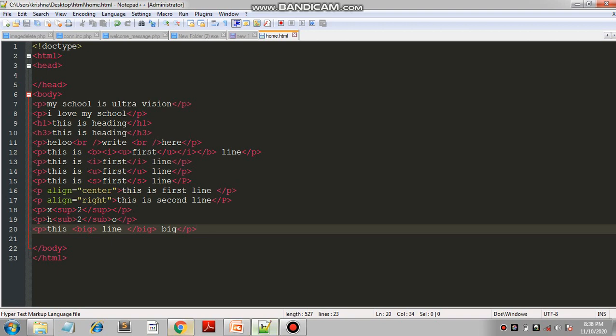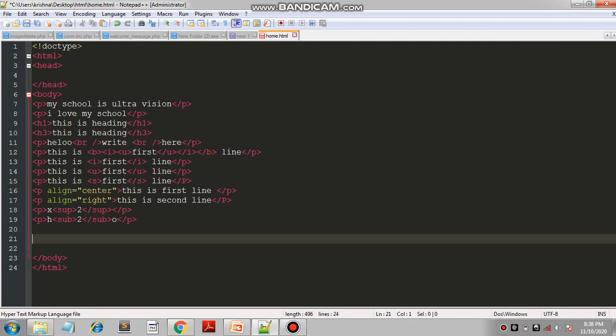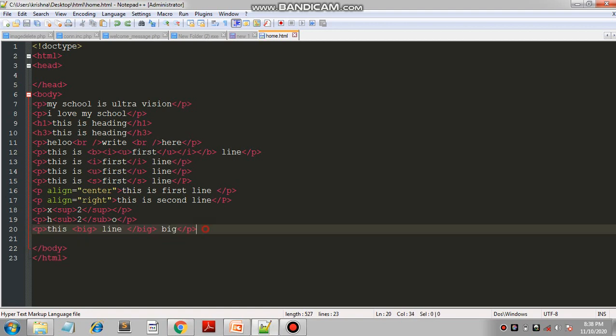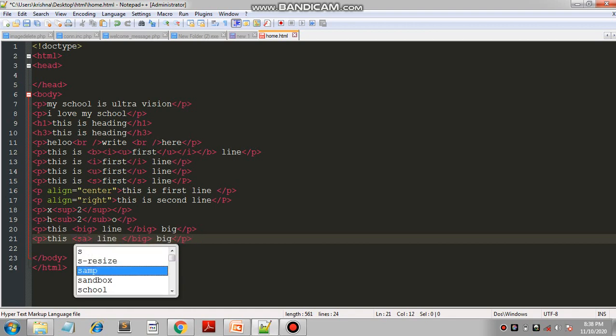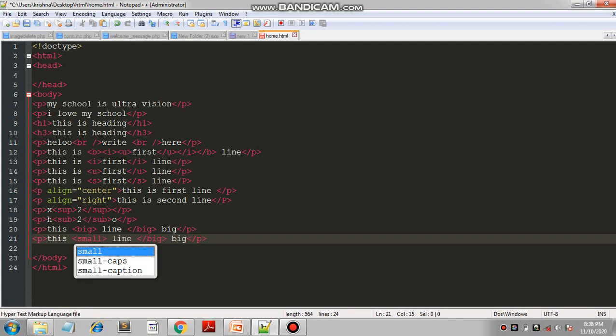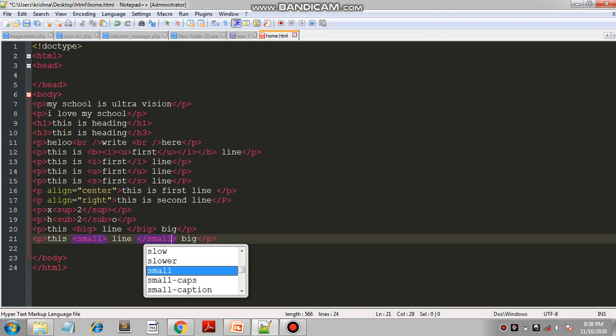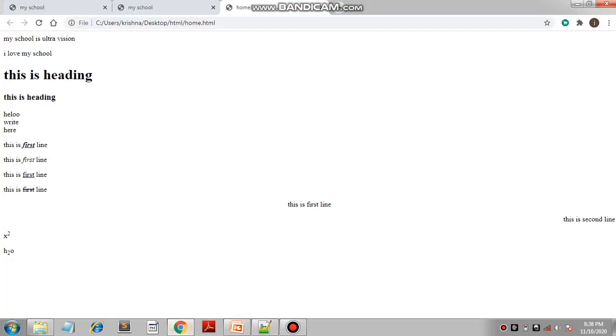Control S. Same for small. For a small tag, we can use small instead of the b tag. And Control plus S. Go to Google Chrome and see the effects. See, this line here, this word is in big format, and here this line